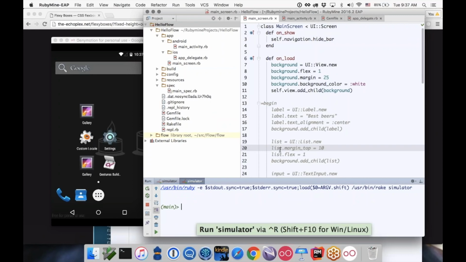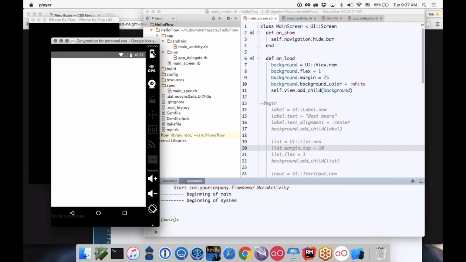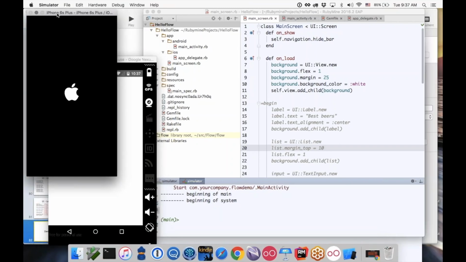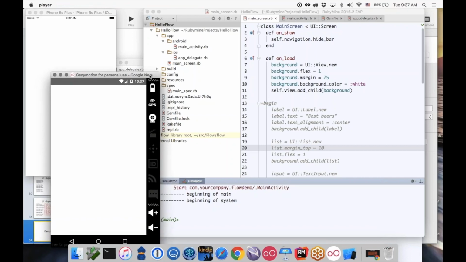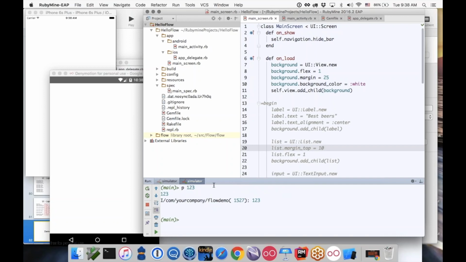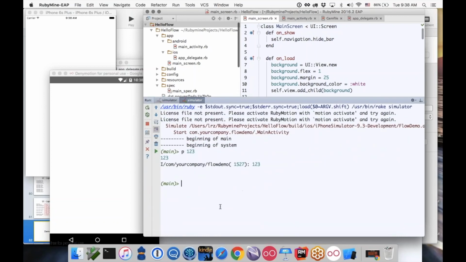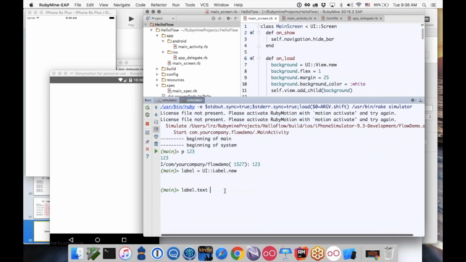And so I'm going to start the simulator again. So I have both my screen here and I have my REPL here. Again, if I do P123, as you can see, I have two things here. So I can put this a little bit higher. And let's create a label first. Let's set text to favorite food. Okay. Now let's add the label to our view, and